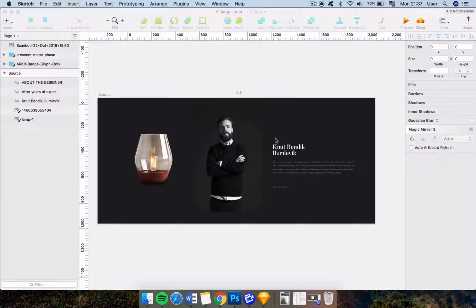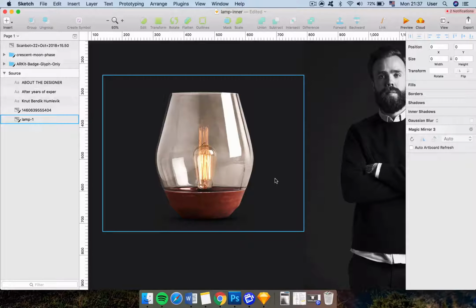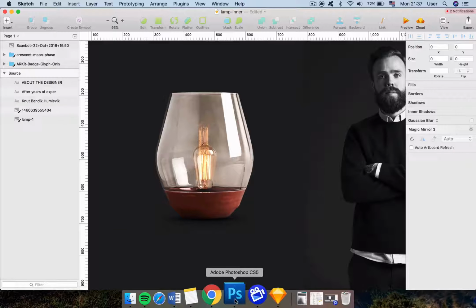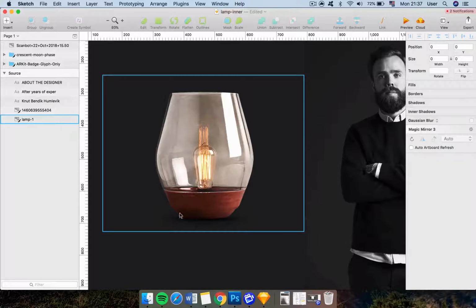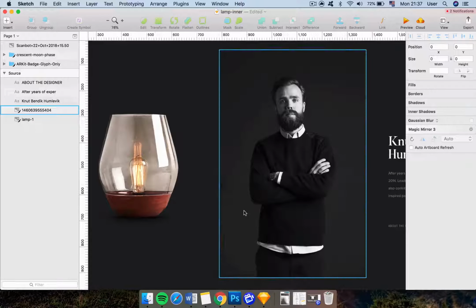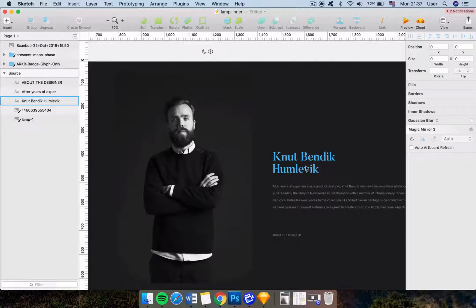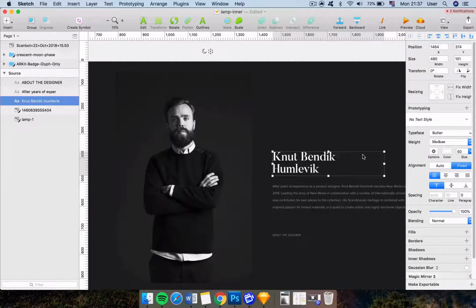Okay, now we're in Sketch. I've prepared some pictures for this website and the basic text elements. The first image is the lamp. I've downloaded it from the internet and cut it out in Photoshop. And additionally, I've added a bit of shadow underneath it. Then there is this picture of the designer I'm gonna be using, and some basic text elements, which are for